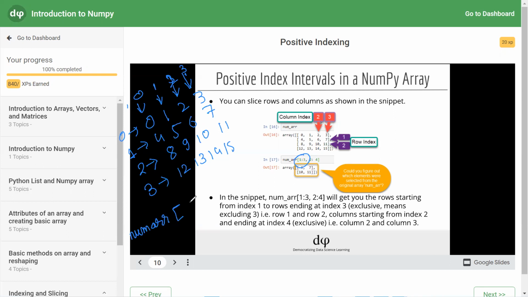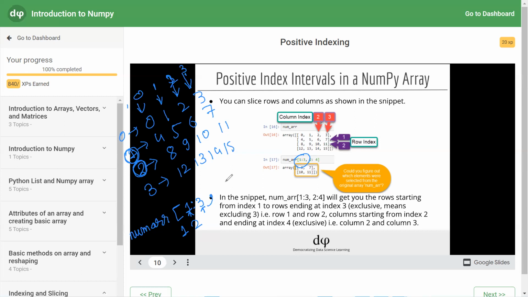Inside it, you are assessing an interval. What interval are you assessing? 1, 3. So what does it return? It results in 1, 2. 1, 2 means including the first index and excluding the last index. So it will run for 1, 2. So row 1 to 2 is, this is 1 and this is 2. So we need to understand that we are taking 1, 2 rows.